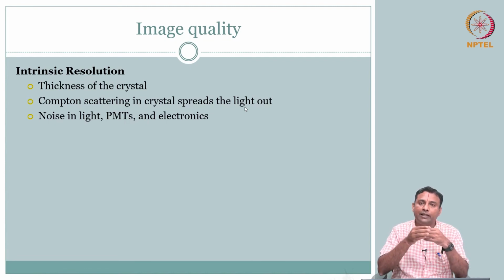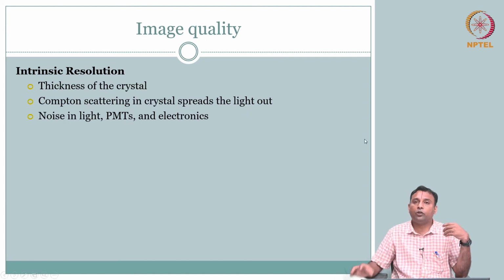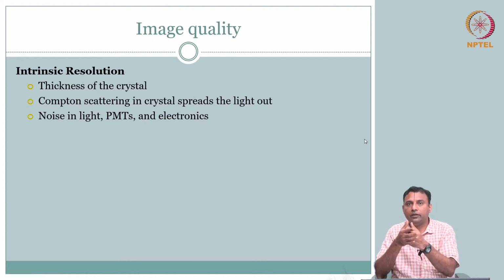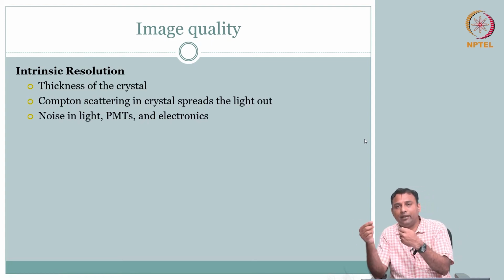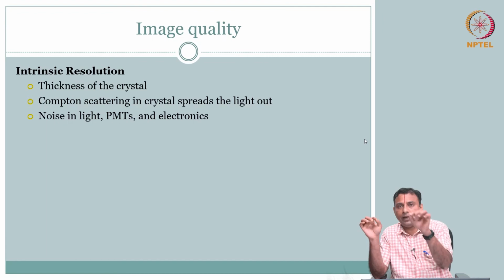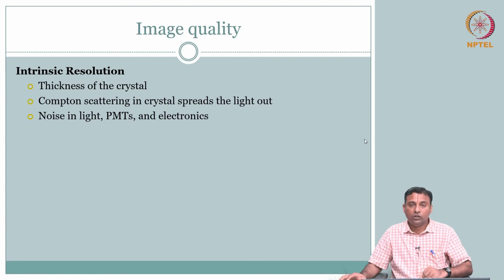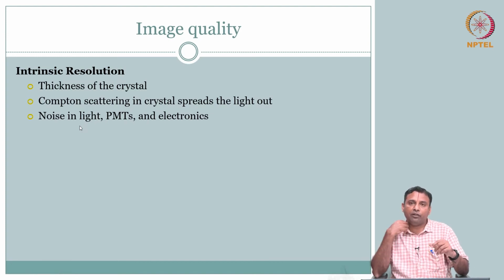So, it goes into the crystal, interaction there, some amount is gone. You could also have noise, all that. So, what you are going to get hit on the photomultiplier tube, the output signal from the photomultiplier tube, is located, say if it is a frame, you put the pixel x comma y comma z, remember. So intrinsic resolution, even though you know that these are the factors that have to be taken into effect, actually comes along when you do this x comma y.